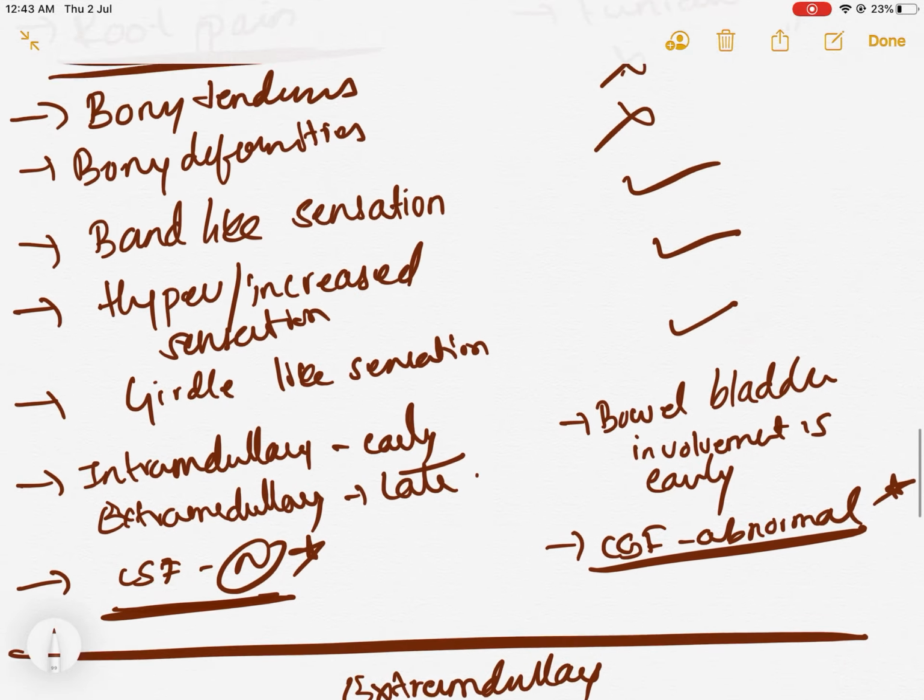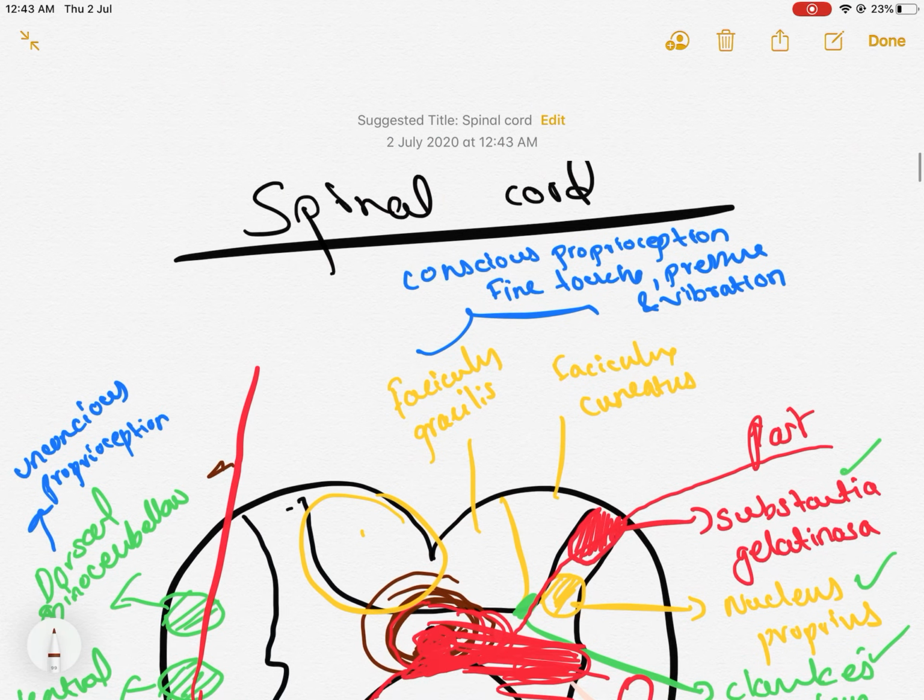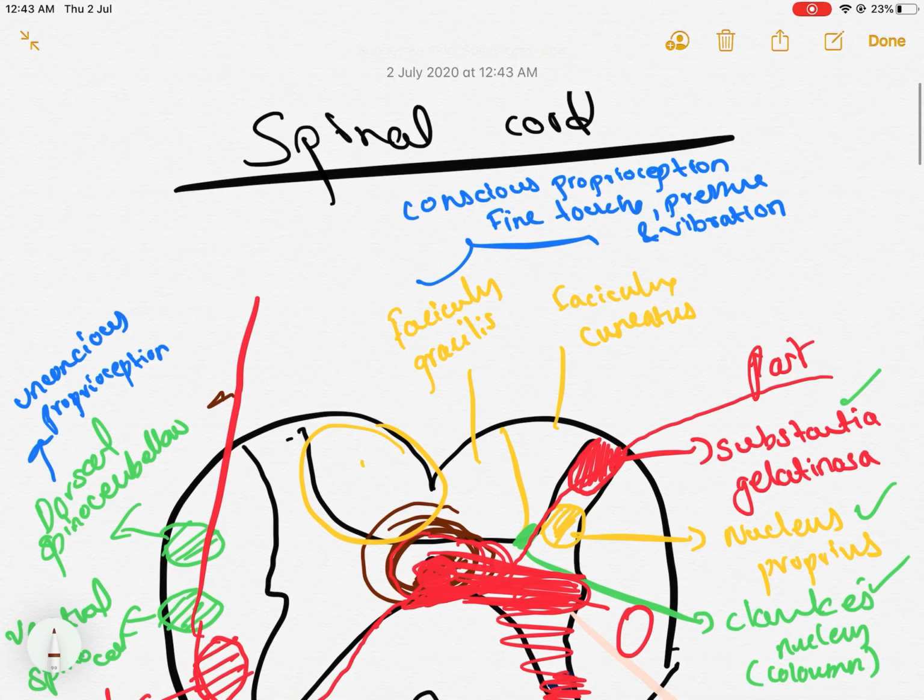So we finished how to localize a lesion in the spinal cord. There are various spinal cord syndromes which